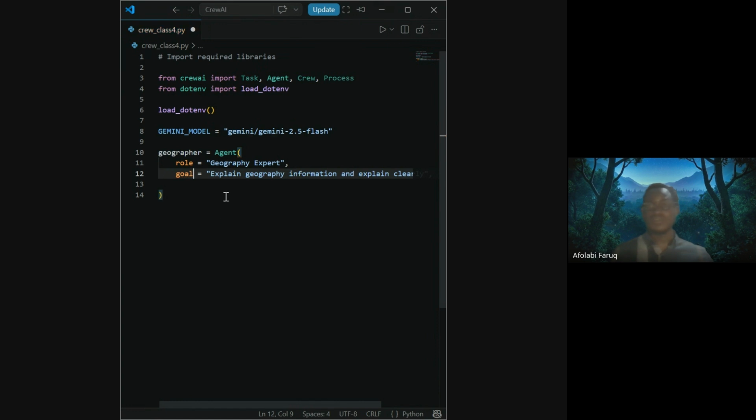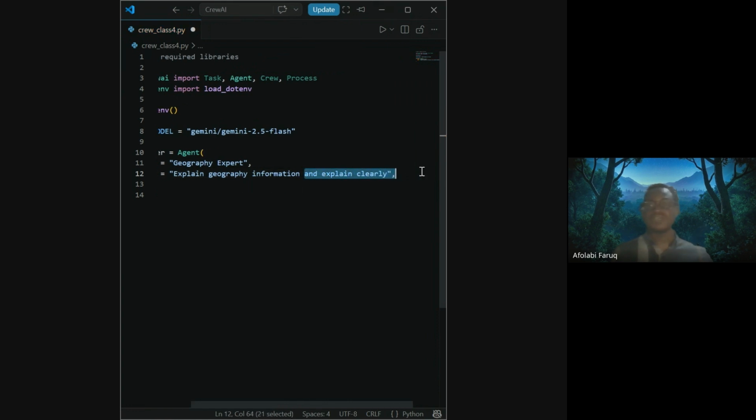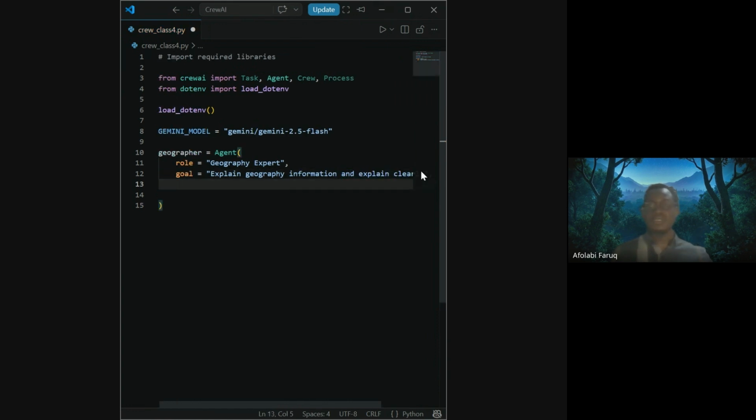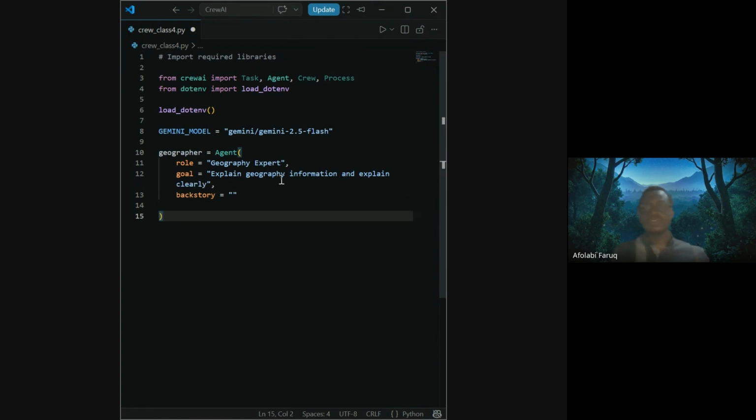So this is not supposed to be a string. It's supposed to be a function and argument. Anyway, it's supposed to be an argument, right? So here we have backstory. So don't forget that the role is a geography expert. The goal is to explain geography information and explain clearly. So the backstory here is going to be